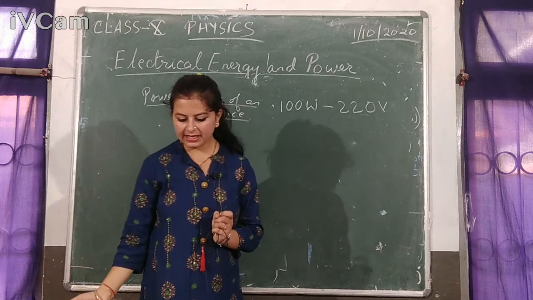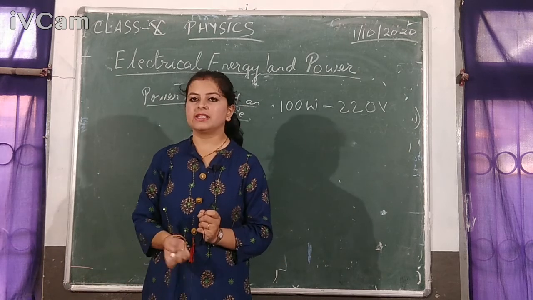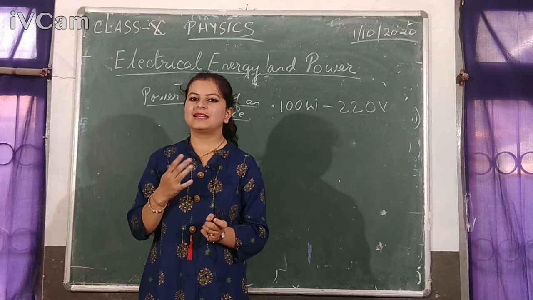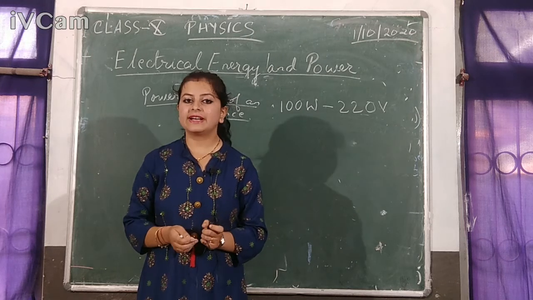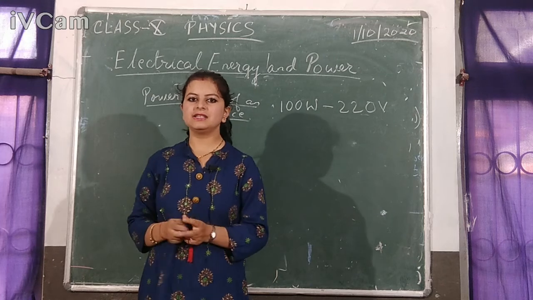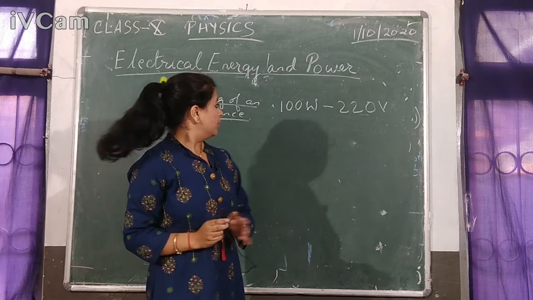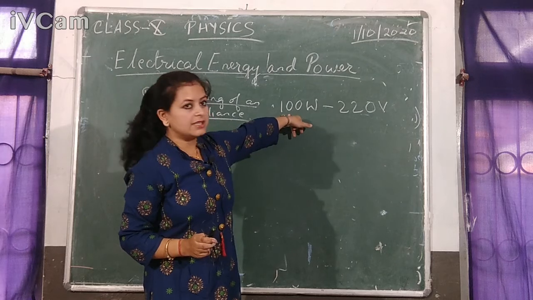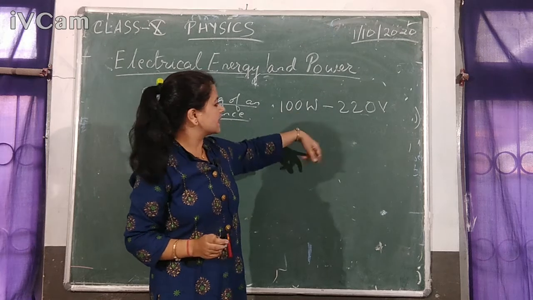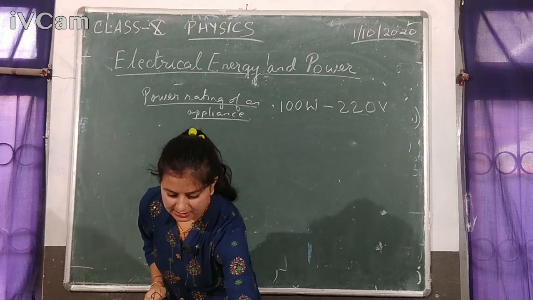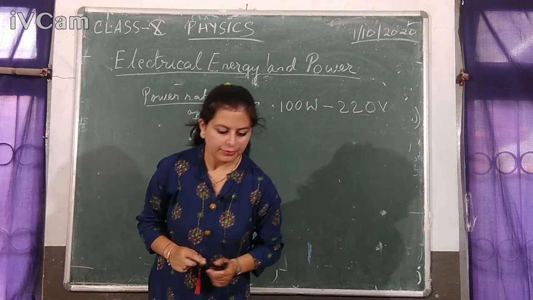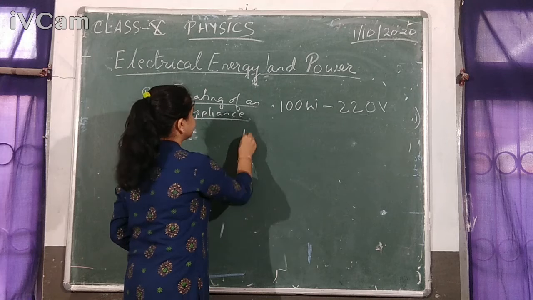And secondly, the safe limit of current. That means how much current this device can allow. If you exceed the safe limit of current, the device will get damaged. So you have to limit the current using a fuse and so on. So this will help you find out two things: one is the resistance, and the second is the safe limit of current for the appliance.